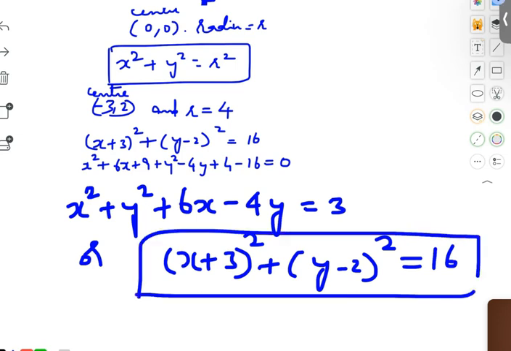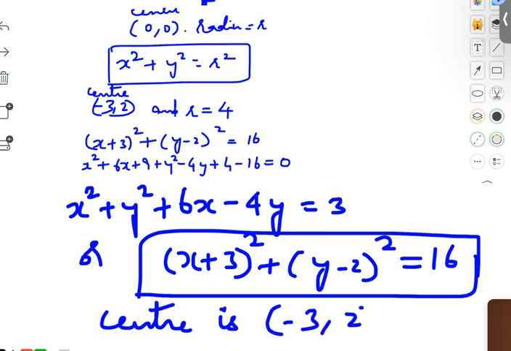Now, if this is the equation, what would the center be? Minus 3 and 2. Correct? Minus 3 and 2. Now, if